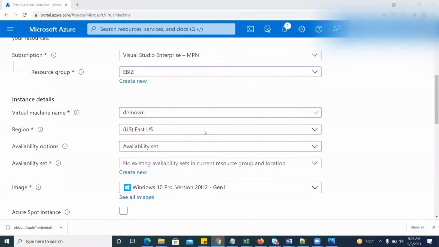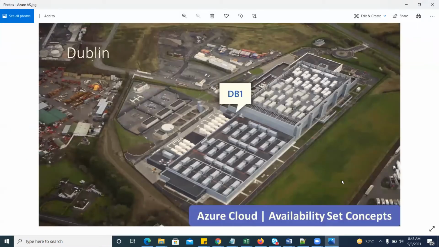So what is an availability set? If I select this option, what kind of benefits will be available regarding fault tolerance? Here you can see right now we have the Microsoft Azure Dublin region, and inside the Dublin region we have the DB1 data center. So whenever I create a virtual machine, my virtual machine will be hosted inside this data center on